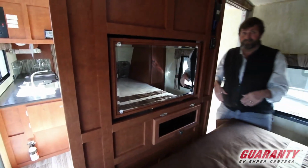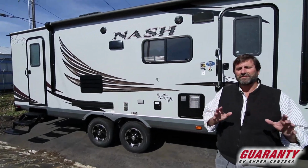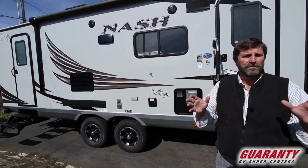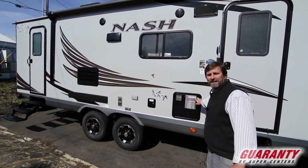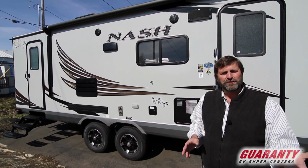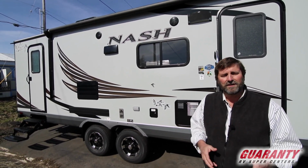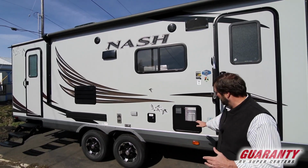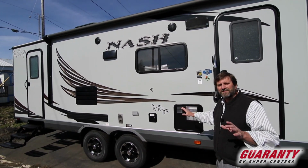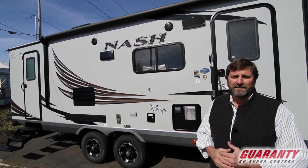Let's take a look around the outside now, and I'll show you some of the best things about it. So, one of the first things I want you to know about this Nash is it has a lot of things that other trailers just don't have. For example, it's got a 10-gallon gas electric hot water heater. Now, you go shopping, you'll find that almost all the trailers out there have a 6-gallon hot water heater, usually gas only, but sometimes with the electric feature. But this, especially for a big family that's going to use these bunk beds, is great to have the additional